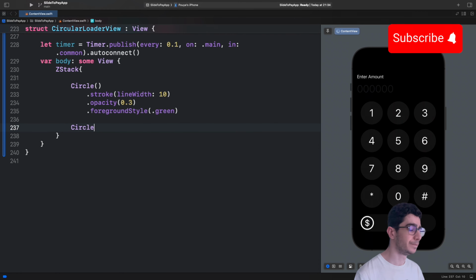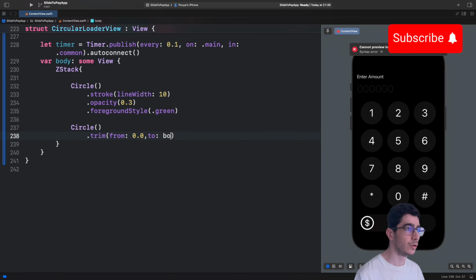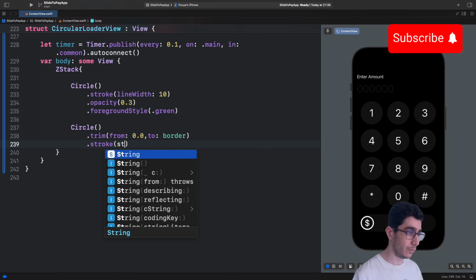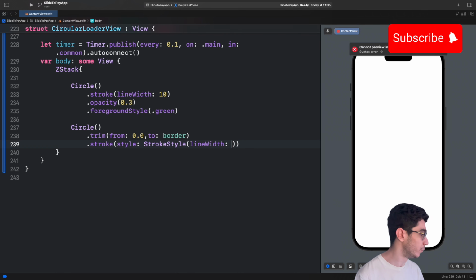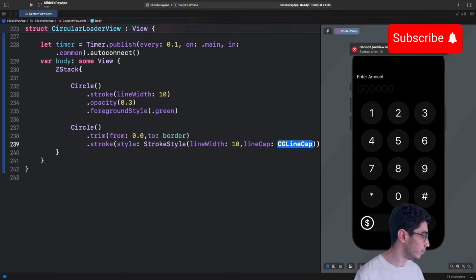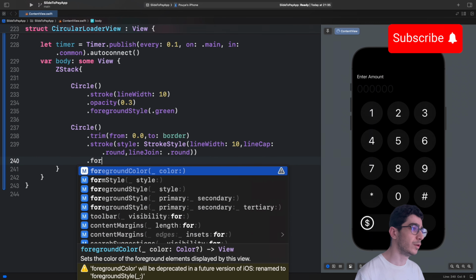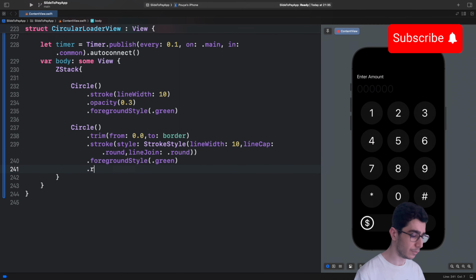And here we have a circle dot trim from 0 to border, and then we have to stroke it, the style would be StrokeStyle, and line width would be 10, line cap would be round, and line join would be round, and foreground style would be green, and then we have that rotation effect,